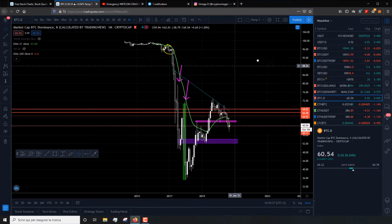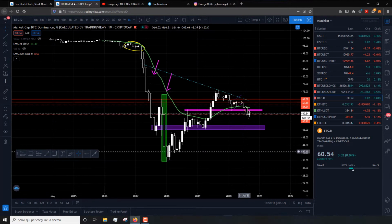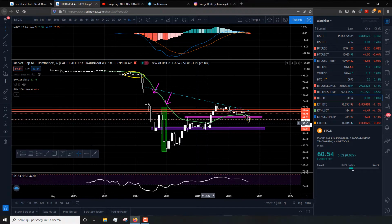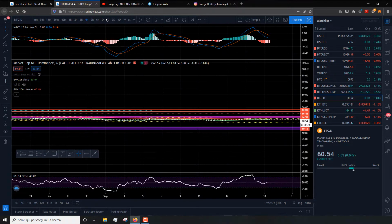So again, we are on a crucial level regarding the dominance, because I actually made a video a month ago about this bearish cross on the RSI and on the MACD, and yeah, it did happen. The cross on the MACD happened, it ticked bearish. Of course it is a monthly chart, so it will take time for things to play out, but I think dominance with time could break the 60 percent mark and go over in this region, from the 57, 58 till the 51, 52%. If you go over to the 4 hour, no, actually it's a daily,